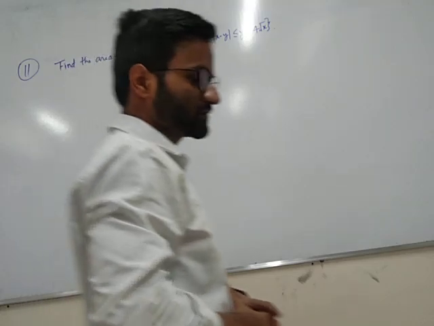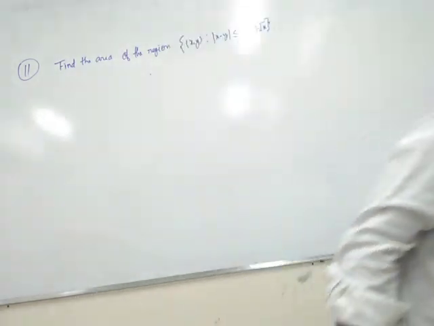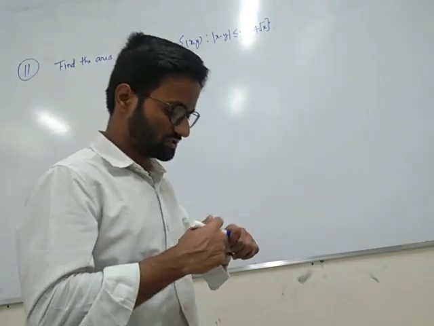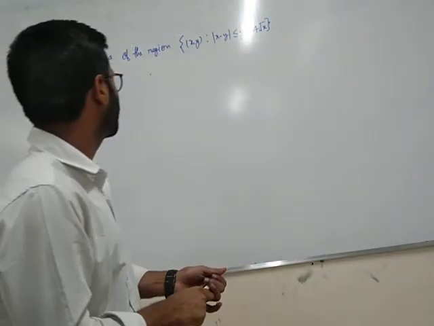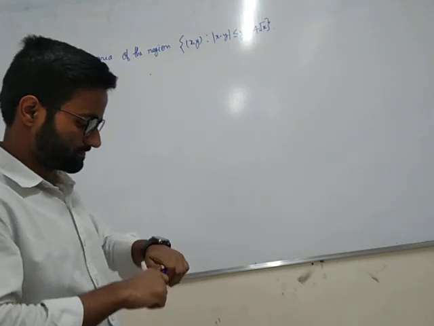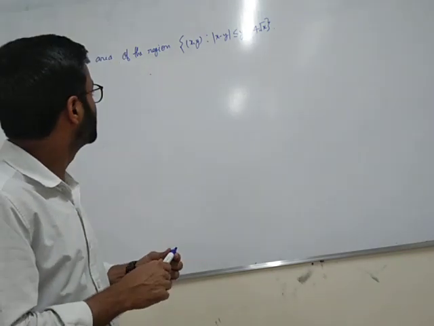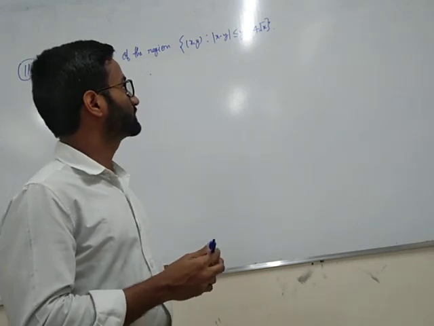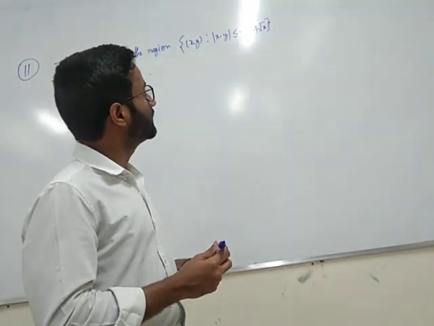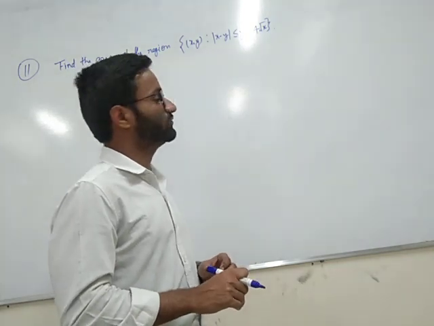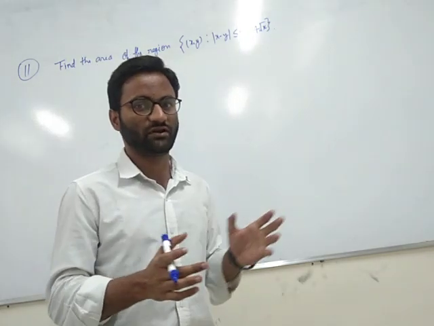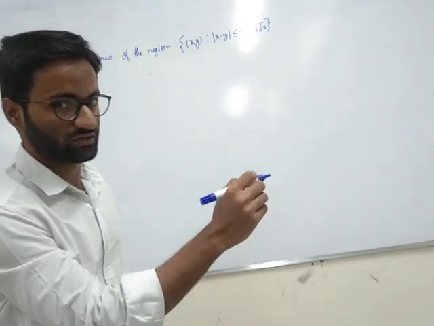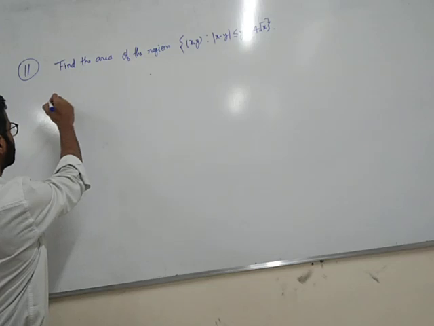तो हेलो बच्चों, आज जो है हम फाइंड आउट करेंगे एरिया ऑफ दिस क्वेश्चन। तो हमारे पास क्वेश्चन दिया हुआ है कि फाइंड द एरिया ऑफ द रीजन x, y such that mod of x minus y is less than or equal to y, is less than or equal to 4 root of x। तो हम इनका पहले ग्राफ बनाएंगे और फिर हम इसका एरिया फाइंड आउट करेंगे। तो हम पहले इनको लिख देते हैं। हमारे पास दिया हुआ है